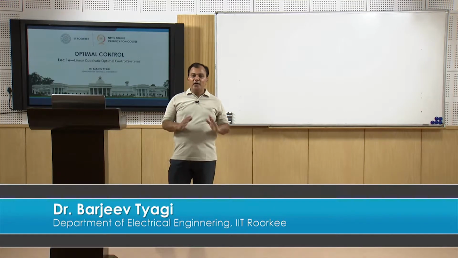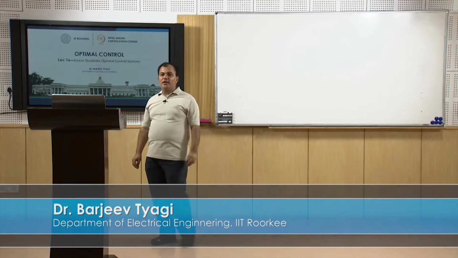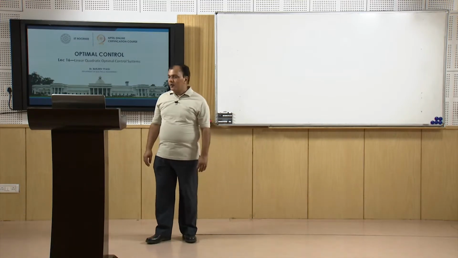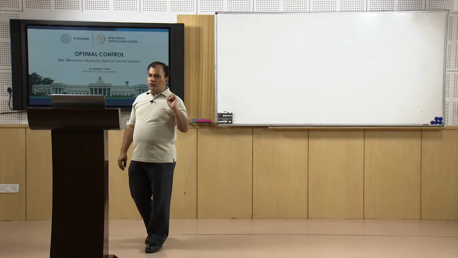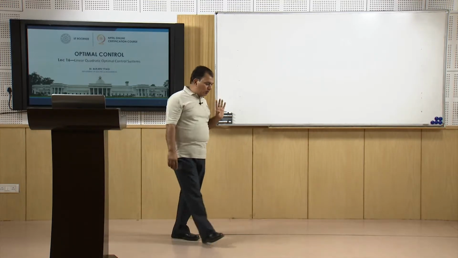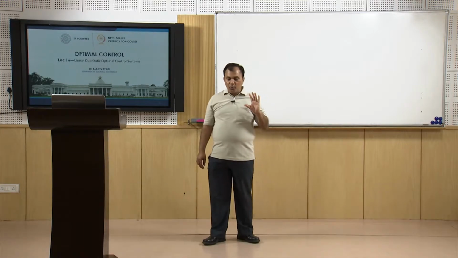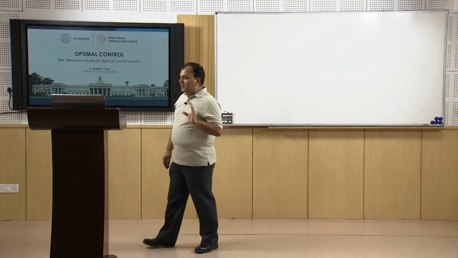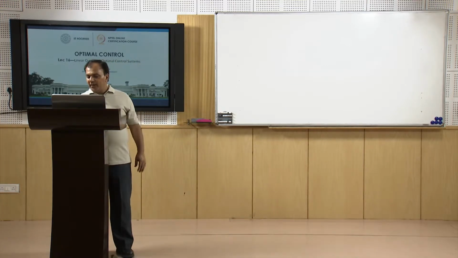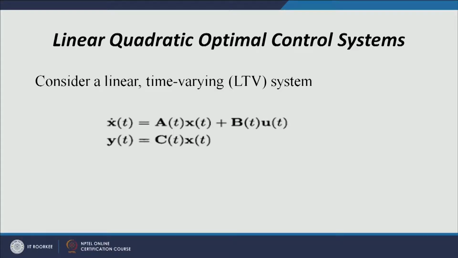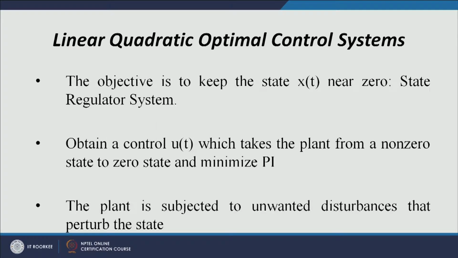In this lecture we will continue our previous lecture on the linear quadratic optimal control system problem. We are trying to find the optimal control law for a linear quadratic regulator problem. We are given the system x dot equal to Ax plus Bu, y equal to Cx. The objective is to determine the u which will take the plant from a non-zero state to a 0 state